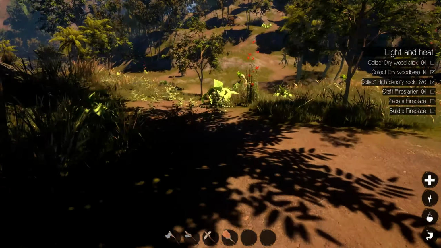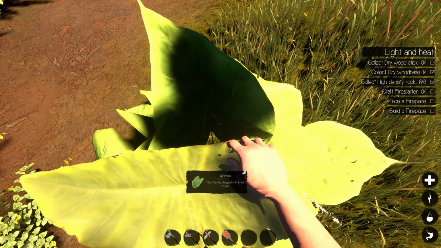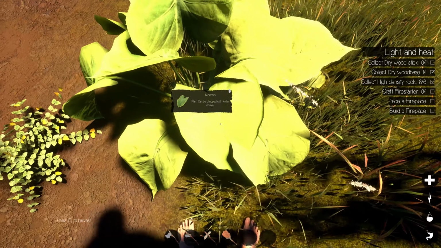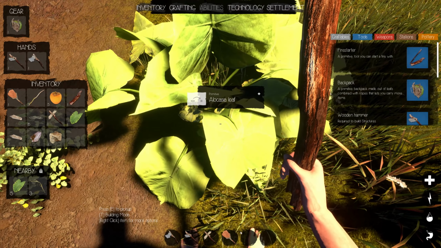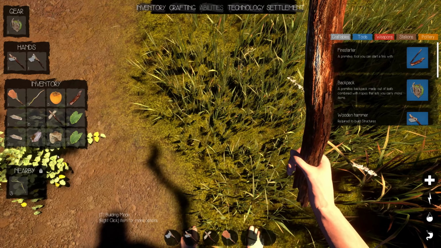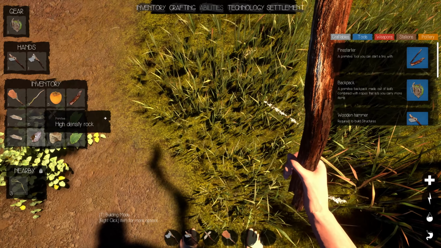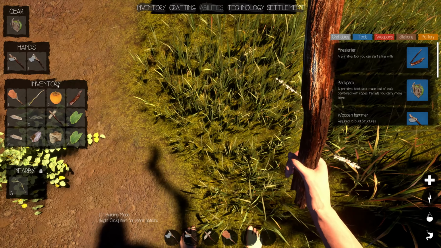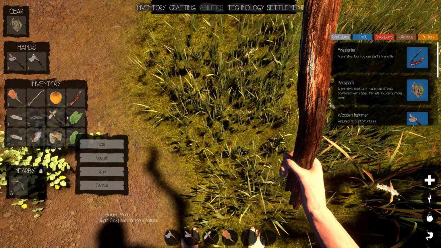Here's some leaves here. Yep, need 8 leaves. Actually, I probably could just use my axe, would be quicker. And then that gives me 5. The problem is I'm already running out of inventory space. High density rock, I need those. Jagged rock S, sharpened rock S. Sticks. Yeah, let me go ahead and eat some just to get my...